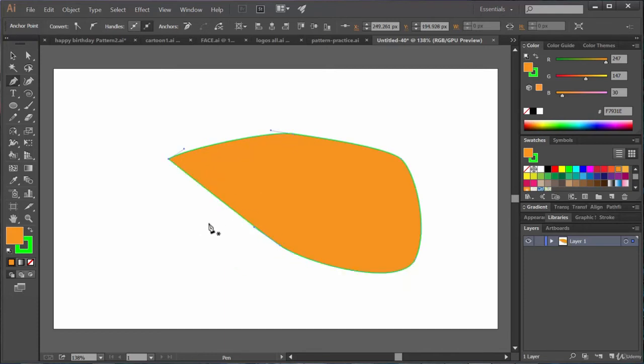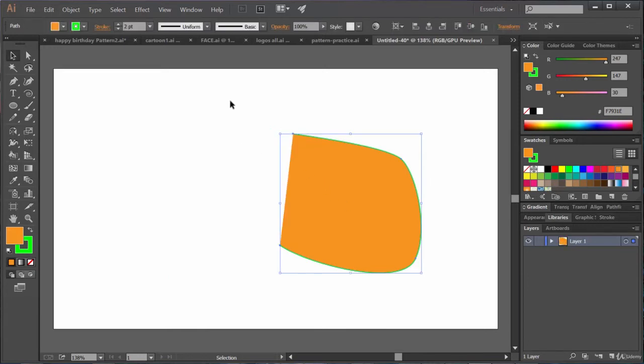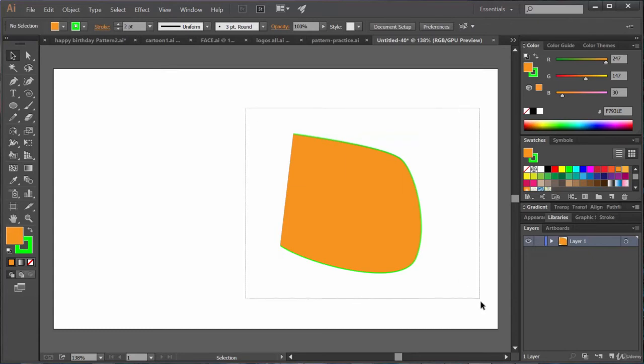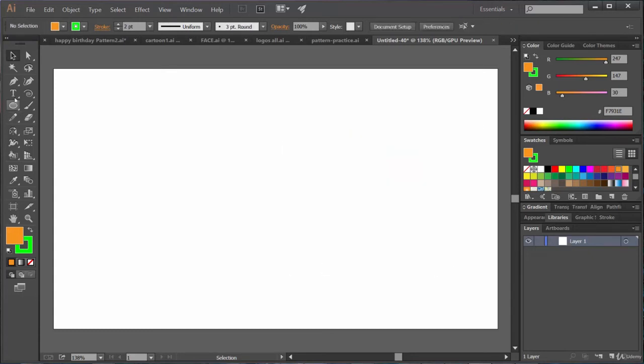And in our next lecture, of course, we are going to reveal some more tips and tricks that are associated with the pen tool. But for now, I am thinking of creating a leaf. Yeah, this shape reminds me of a leaf. This is a terrible leaf, I know. Let me delete it. Now select the pen tool and let's draw a leaf. So first, this anchor point, let's drag it like this. Just like this. Next, just come here at this point.